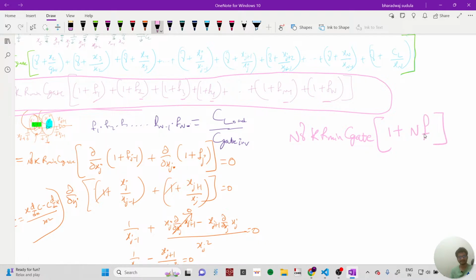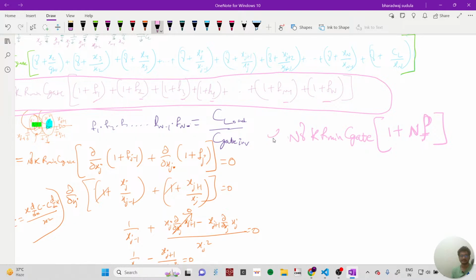F is just the fan out of each and every gate, and it is the same. So I consider F as the fan out of every gate, and there are n gates, so I get nF,